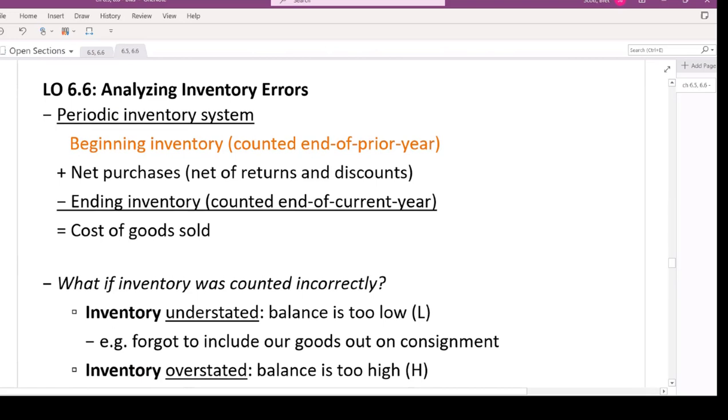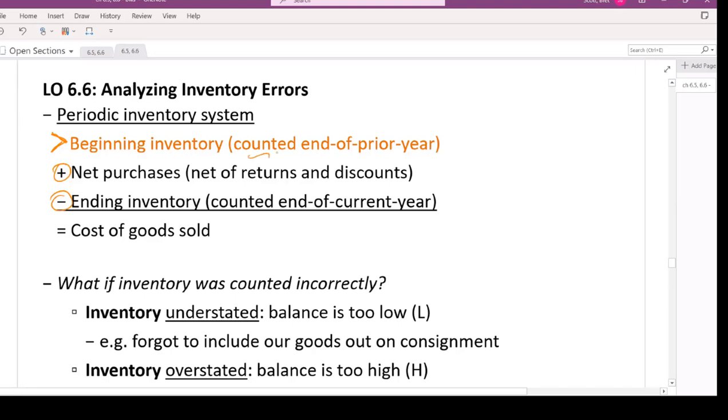6.6 is somewhat of a continuation of what we just talked about in 6.5. In 6.5, we talked about estimating ending inventory and budgeting net purchases. 6.6 is a beast in and of itself because it's not intuitive. This is a situation where